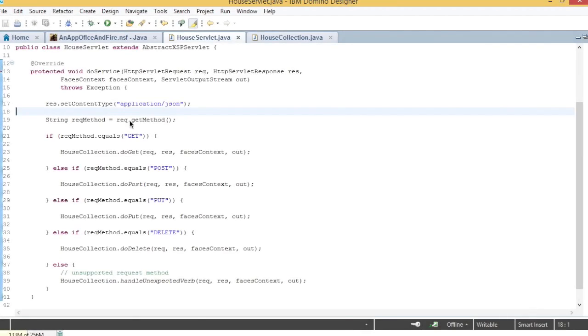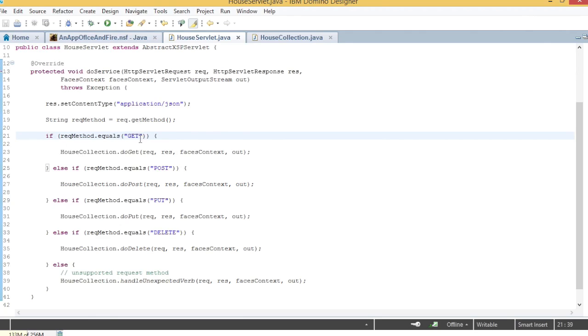Inside my doService method, you can see I've set up a response type as being application JSON. This will be true for each of my methods. And because I like to keep things clean, and I had to do some hacky non-string based switching, which Java 6 does not allow for. That is available in Java 7, so I'm very much looking forward to that and a number of other things in the Java 7 JVM update, which was remarked as being on its way when we were at IBM Connected this year. So I'm basically establishing a handle on the method type of the request that we're receiving,